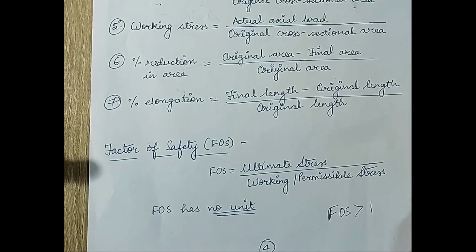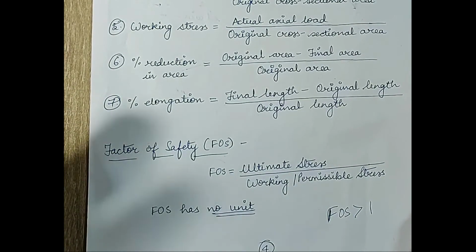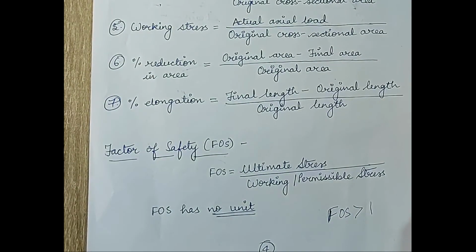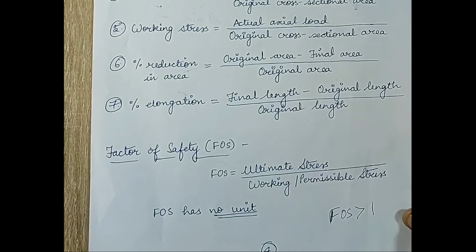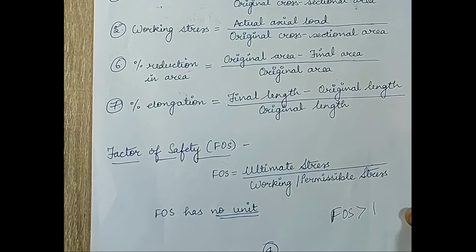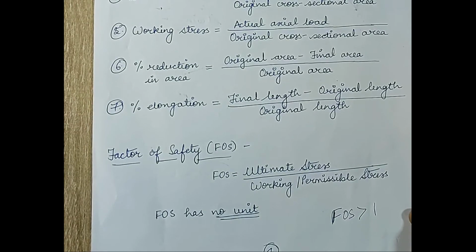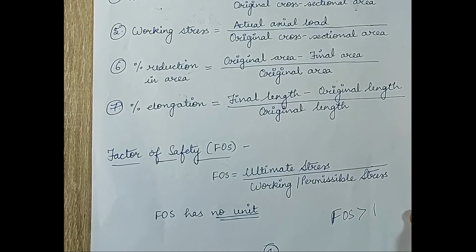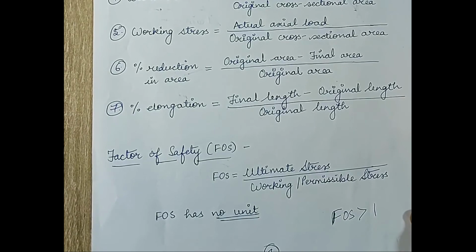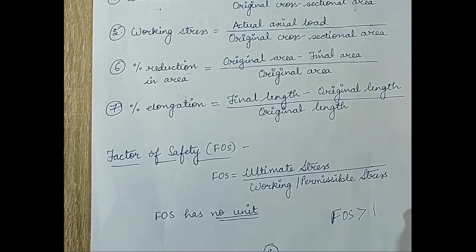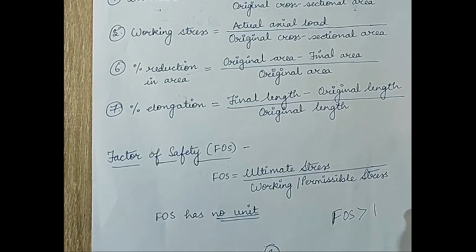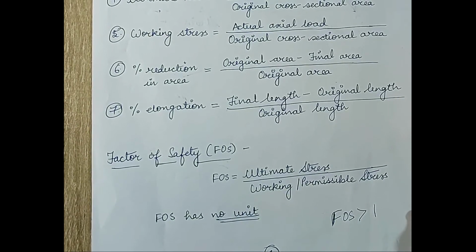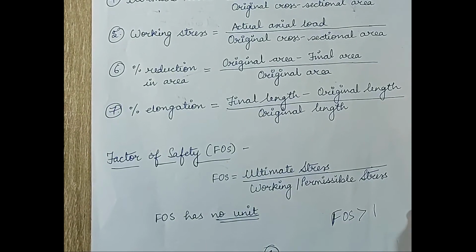For example, the factor of safety in steel is around 1.5 to 2. For concrete, the value is 3 to 4 because concrete is weaker as compared to steel, so we need more factor of safety. More factor of safety means that there will be more material added into the system. When you add more material, you are adding more cost into the system. So when you add the cost, as an engineer, you should be able to justify why you are adding more material and increasing the cost.